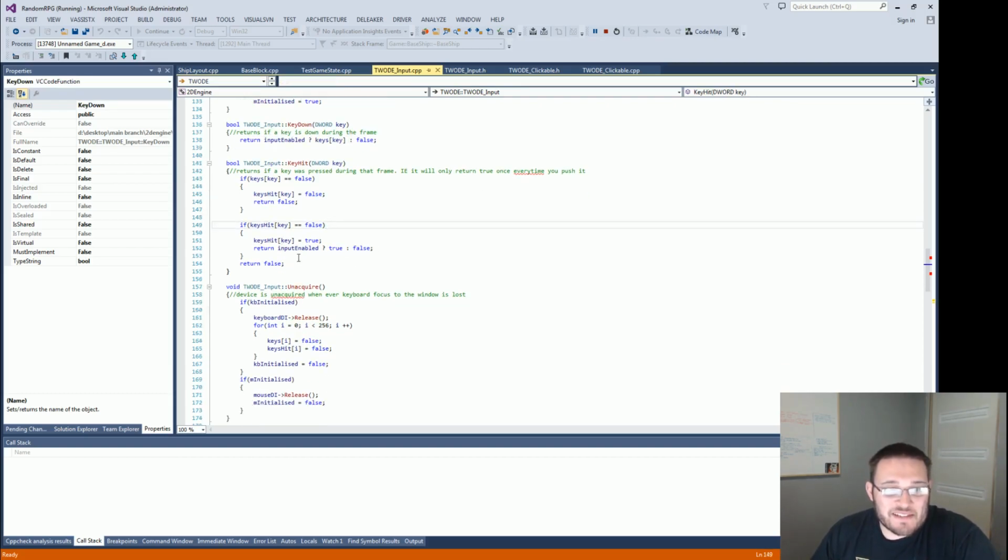The next part is this key hit. Think of any game with a pistol. You click and you shoot once. Keep holding the click down, it doesn't shoot again. You mash the click and it keeps shooting. That's kind of what this key hit is. Only if the key was newly hit that frame,